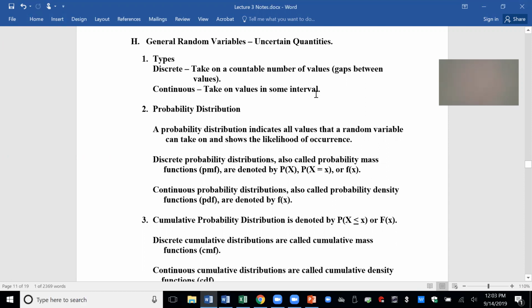We just take the coal out, dump it, and weigh it, and it can be anything. We can weigh it to 1,000.23678 tons, and we're just limited by our machines. But the weight of something is actually a continuous random variable.